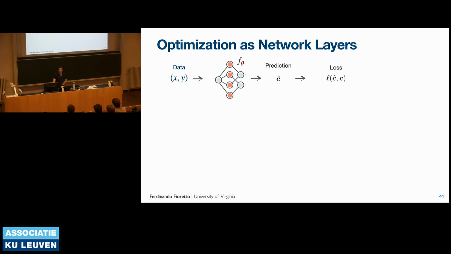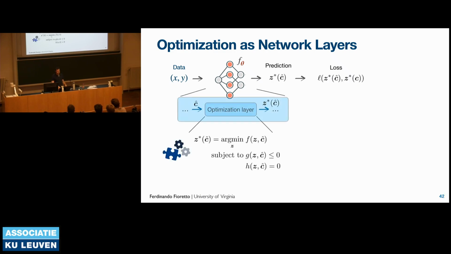They're simple nonlinear transforms. But nobody tells us that we have to be limited by such type of simple transformation. In fact, each layer can be as complicated as we want. So in the most general case, a layer can be an optimization problem itself. And so you can imagine then to have layers which are optimizations themselves, and thus the inputs to an optimization layer might be output of previously solved optimization problems and so on.